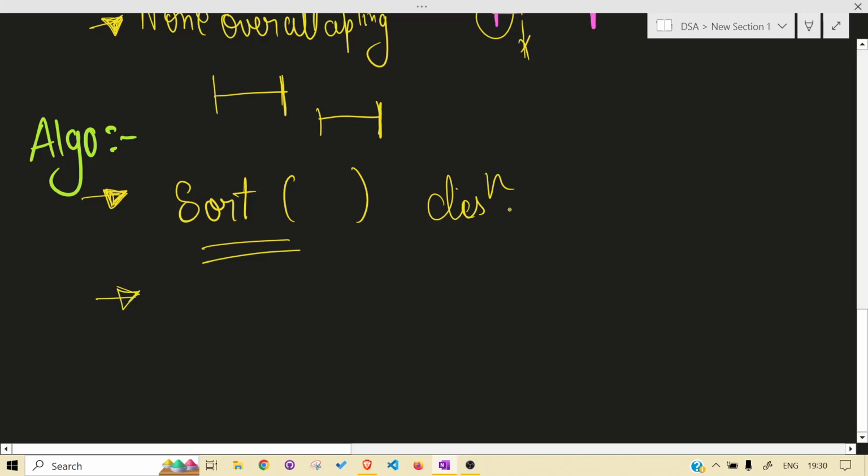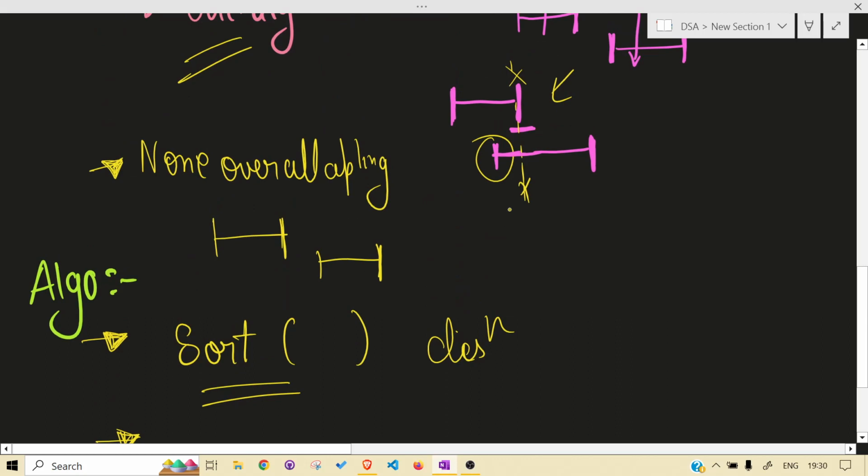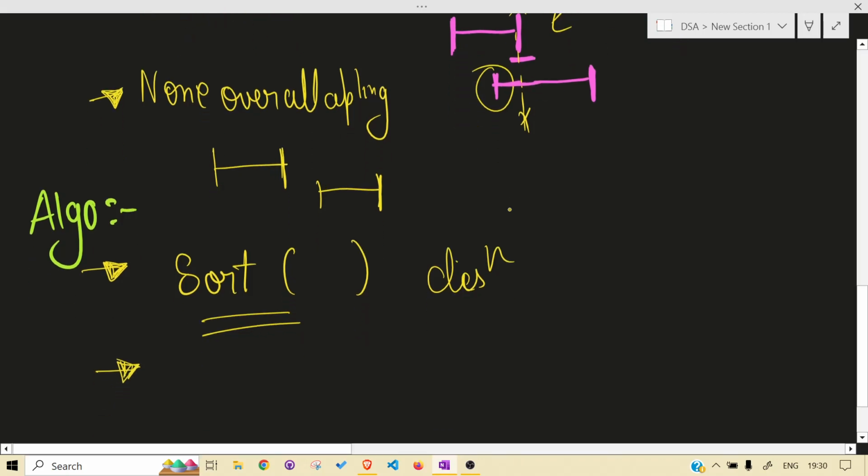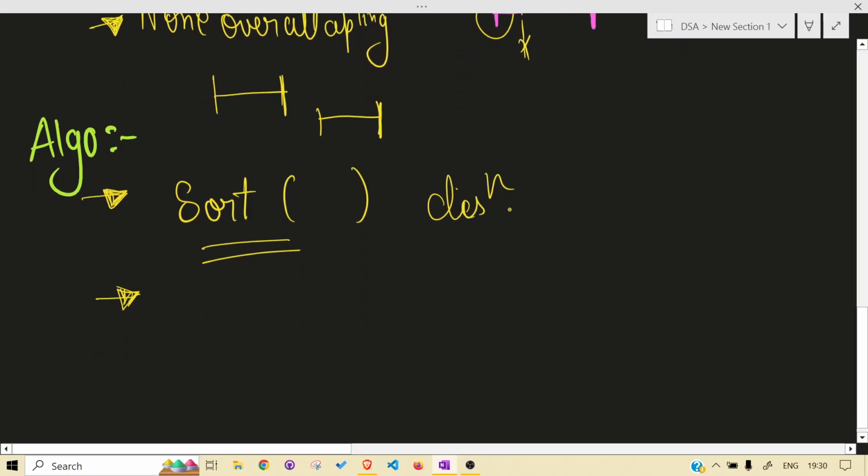Why? I already explained, because we are able to calculate it much more easily than if we sort according to the start, because start is not very intuitive, end is intuitive, and I explained the end also. That's why what we will do is